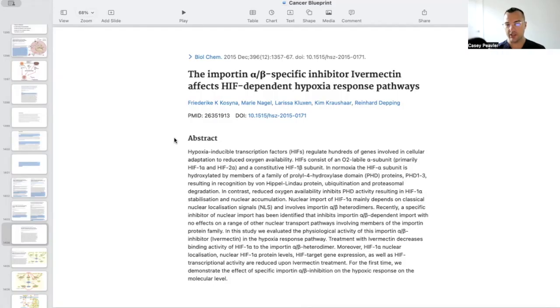In normoxic conditions, or normal oxygen conditions, the HIF1 alpha subunit is hydroxylated by members of the PHD proteins 1 through 3, resulting in recognition by von Hippel-Lindau protein, ubiquitination and proteasomal degradation. So basically what happens is, and I have videos on hypoxia factors with graphics, but the bottom line is when there's normal oxygen conditions, the HIF1 alpha and beta are essentially degraded